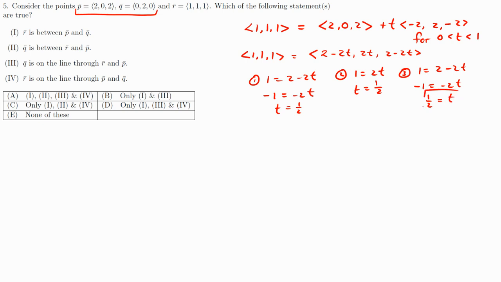So t is equal to a half. So r is definitely between p and q. Perfect, so this works. This half suggests exactly in the middle, because r is between p and q,